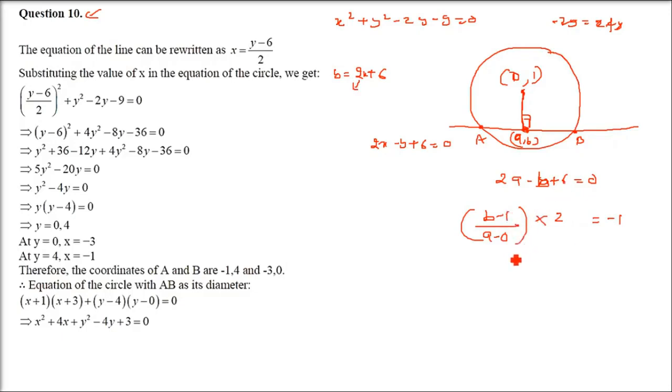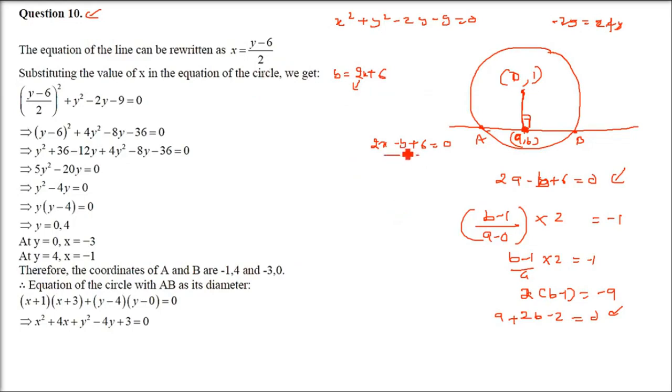When we solve for a and b, you get the center, and when you get the center, you can find out capital A and capital B, because a, b is in the middle of this capital A and capital B. So just multiply this, you'll get another equation. I'm just trying to emphasize that this is one of the methods you can adopt. Now a and b is known by solving these two equations. And then capital A and capital B can also be found out, because this a, b is the center, and this also lies on 2x minus y plus 6.